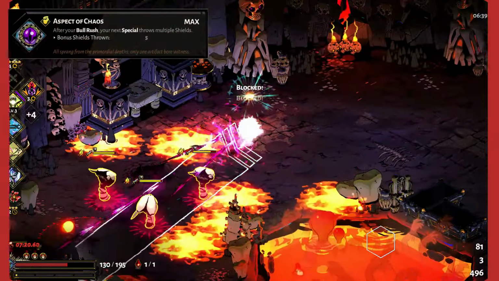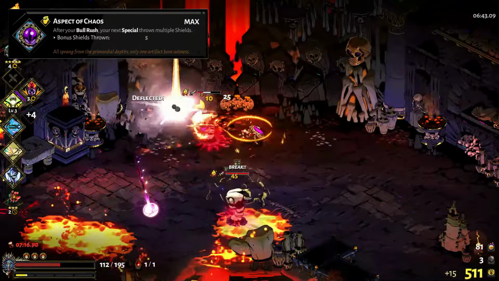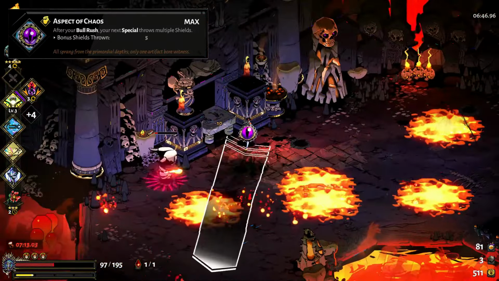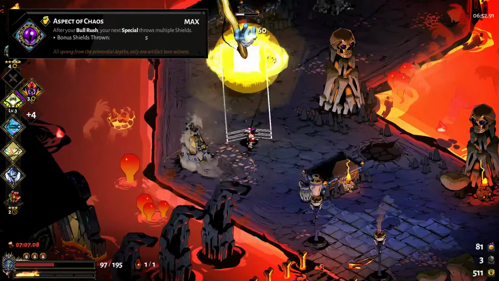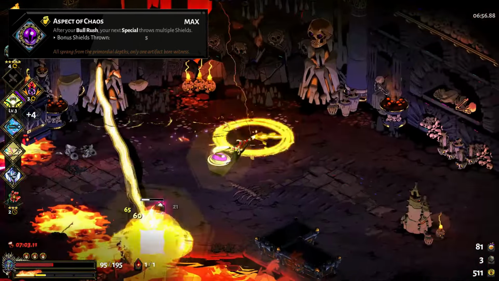Next on the list is the aspect of chaos for the shield. Generally speaking, the shield is probably the safest weapon to clear a run because you can block perhaps 95% of all the different enemy attacks you encounter. For the chaos aspect, after you bull rush, your next special throws 5 additional shields in a cone in front